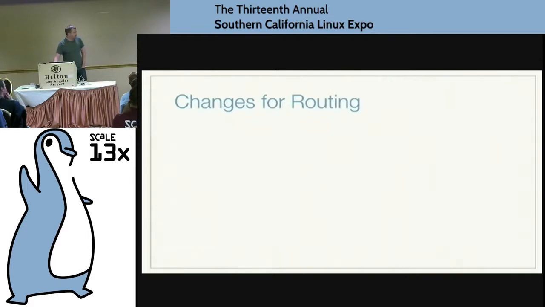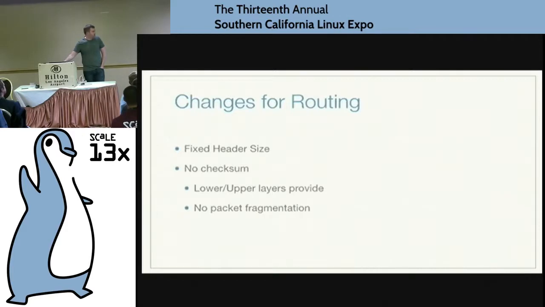Now, routing for v6 is a little bit different. One of the things is that the actual headers and the packets are a fixed size. It makes processing a lot easier. They've also cleaned up some of the fields. There's no checksum in an IPv6 packet, mainly to guarantee the lower level at the link layer is going to have checksumming as well as TCP, obviously, and UDP, and v6 are required to do the checksumming. So they decided it was redundant. The nice thing is when you don't have a checksum in your IP packet, you can decrement TTLs, you can rewrite the packet and keep moving it without having to recompute a checksum. You only have to change the header bits.